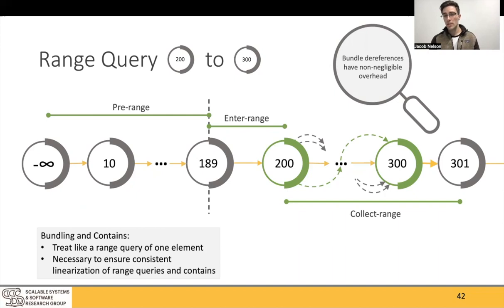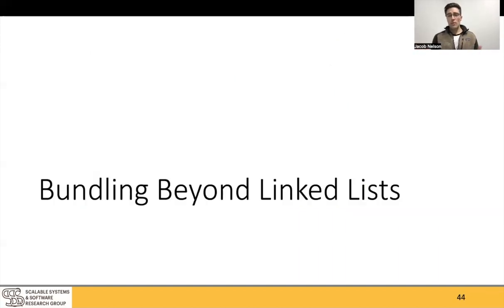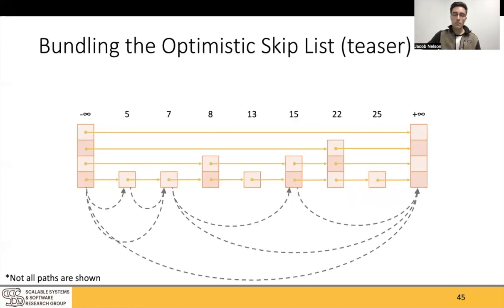However, in our experimentations, this happens rarely. So this technique is applicable to more than just linked lists, right? In our paper, we talk about bundling and optimistic skip lists. And again, this portion is kind of just a teaser to hopefully get you interested. And I'll refer the audience to our paper for more details on these particular data structures, but you can kind